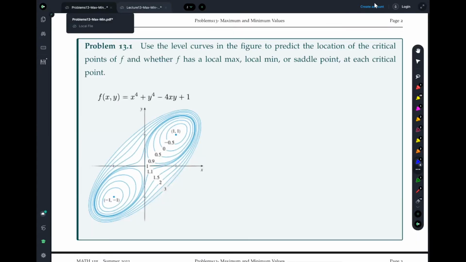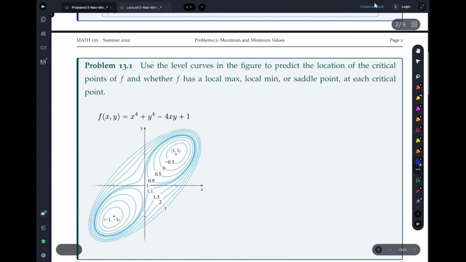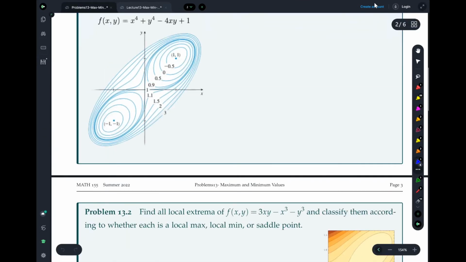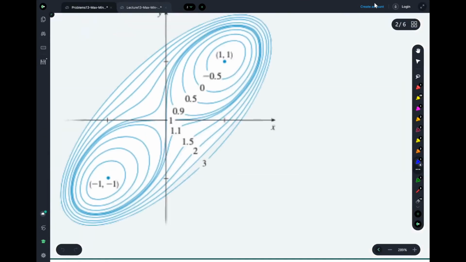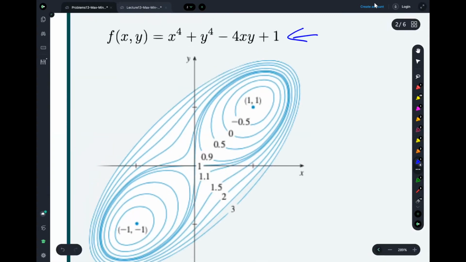Okay, so here we've got some level curves describing a function in 2 dimensions. So what we want to do is predict the critical points of f and whether they're likely to be local maxima, local minima, or saddle points. Okay, so how might we do this? Well, if I zoom in a little bit here, we could work this out algebraically, right? We could go through the process that I just talked about, but we can also just look at the level